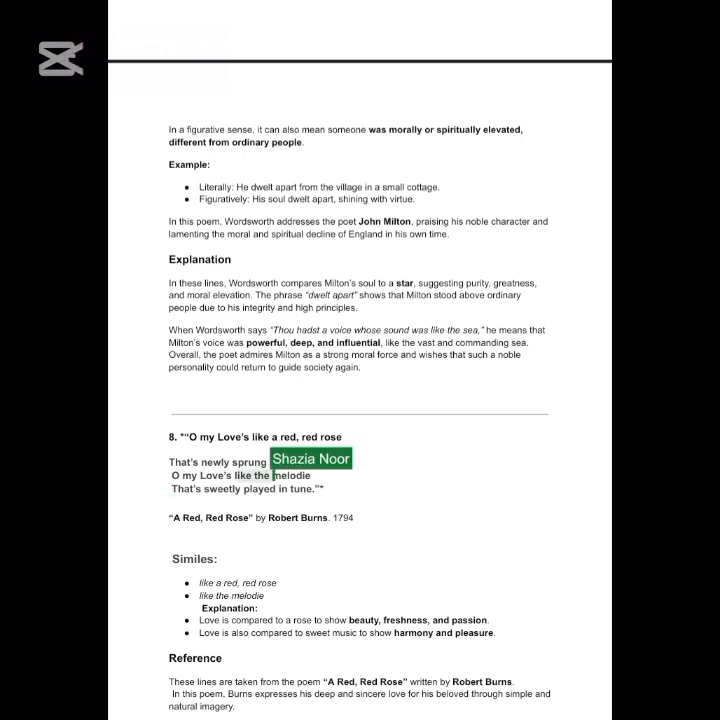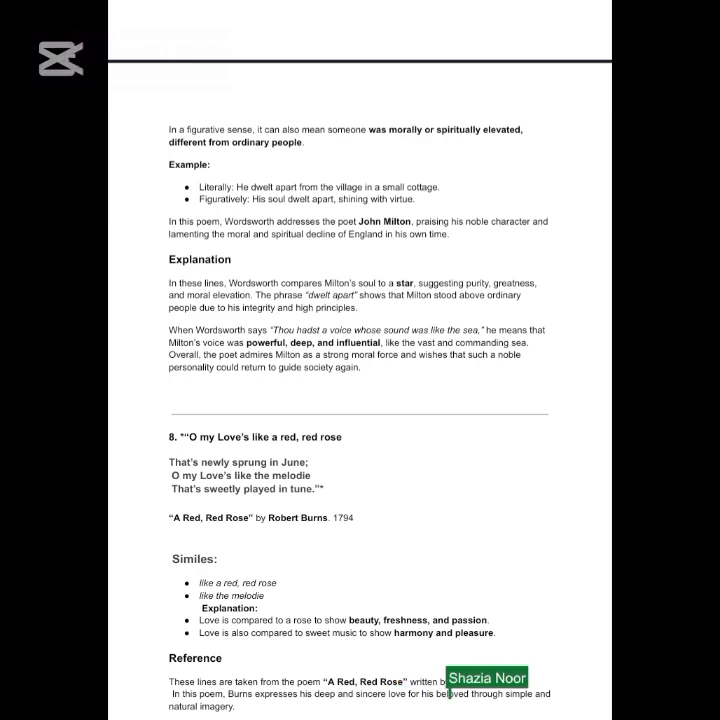These are the similes used by Robert Burns. Here he is comparing love to a red rose to show beauty, freshness, compassion and passion. Love is also compared to sweet music to show harmony and pleasure. Burns expresses his deep and sincere love for his beloved through